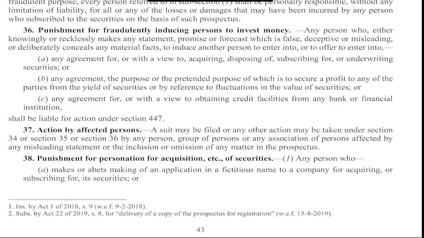Important section. What is the section you have written? Punishment for fraudulently inducing a person to invest money. Section 36. Below, write down: Any person who, below, write down again, knowingly or recklessly makes any statement, forecast, promise,